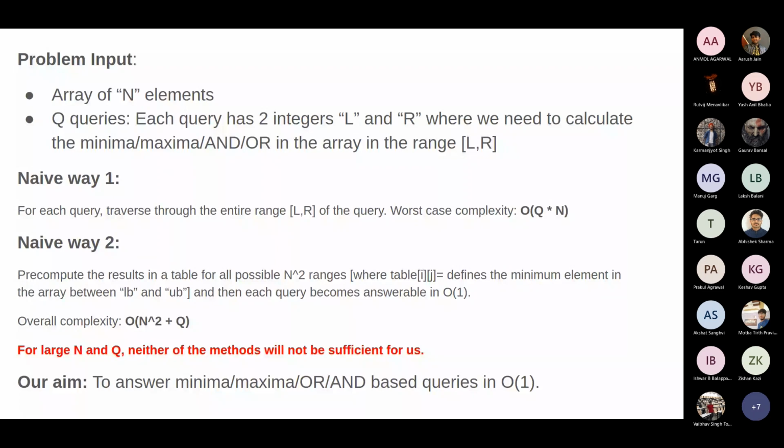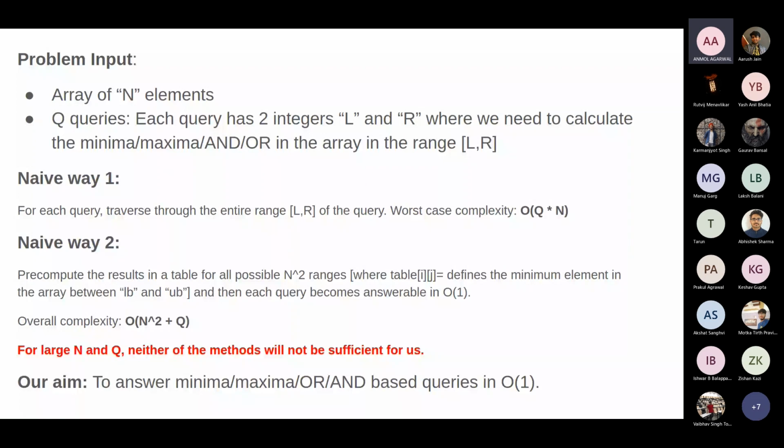So the worst thing which we could do is that we traverse through this entire range and we keep a variable where we keep storing the minimum. In the worst case, this will take O of n time per query. And because we have q queries,